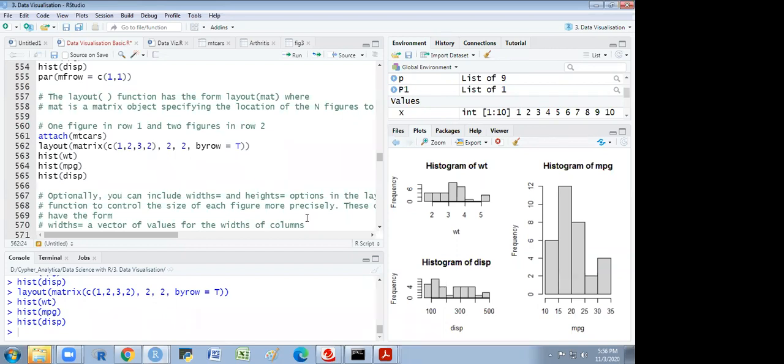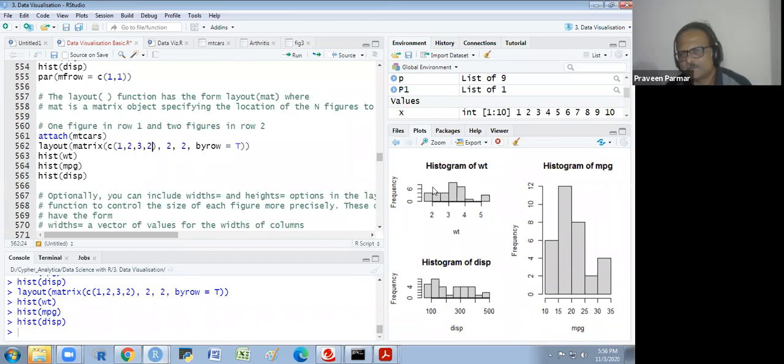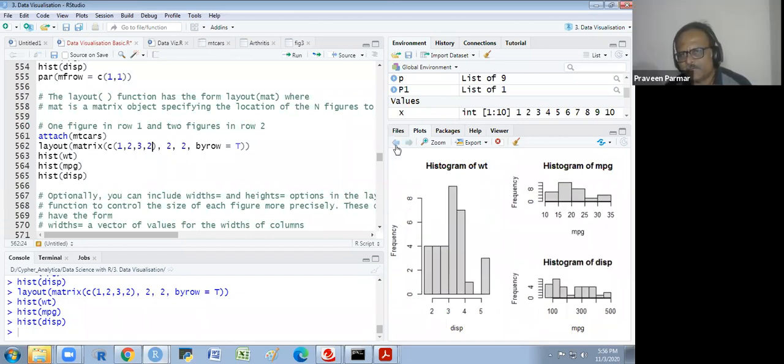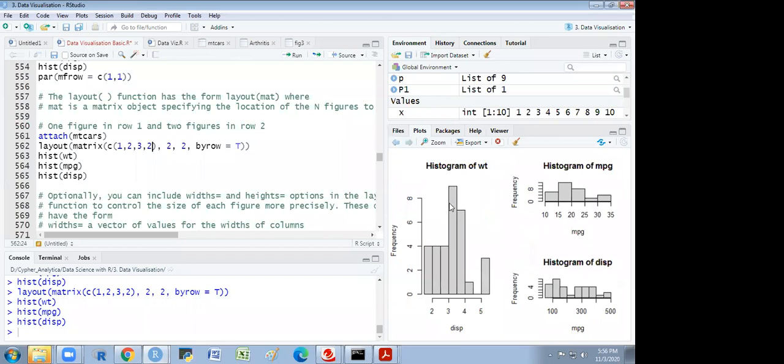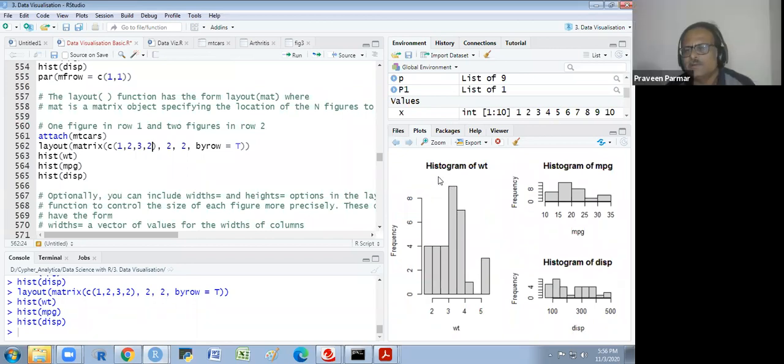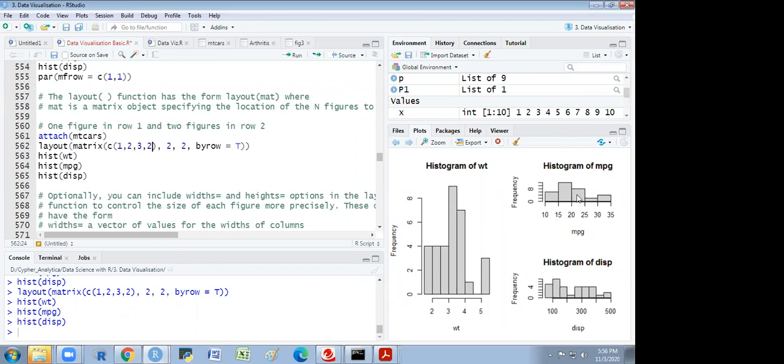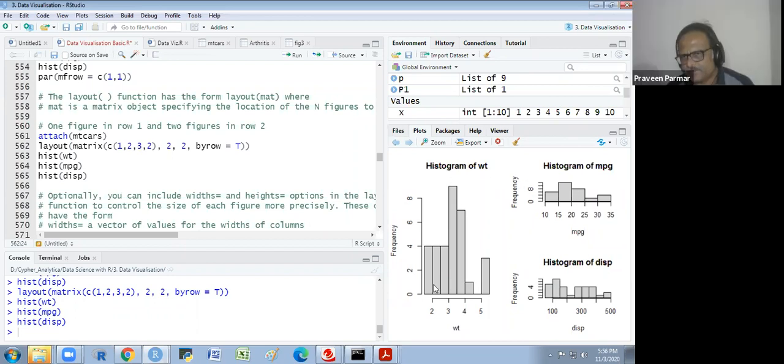But what about the case where the big figure is on the left and these two figures are on the right? We have to change the command every time. See this figure: the first is here, the second figure is here, the second is here. Then first is here again, because this is the big first figure, so we will write first here.